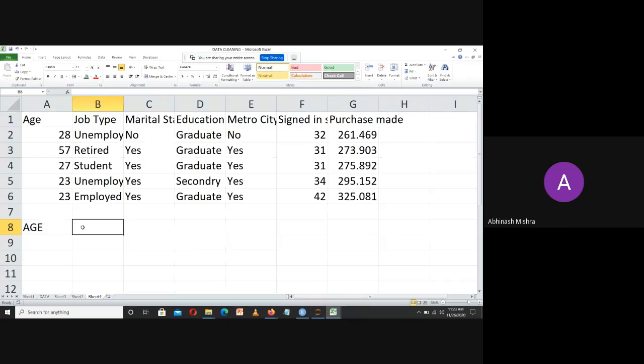Now in this particular age column, you can see that age can have a range from 18 to 60. Maximum times we have a shopping range, or maximum people belong to this range only. Now what does this range mean?